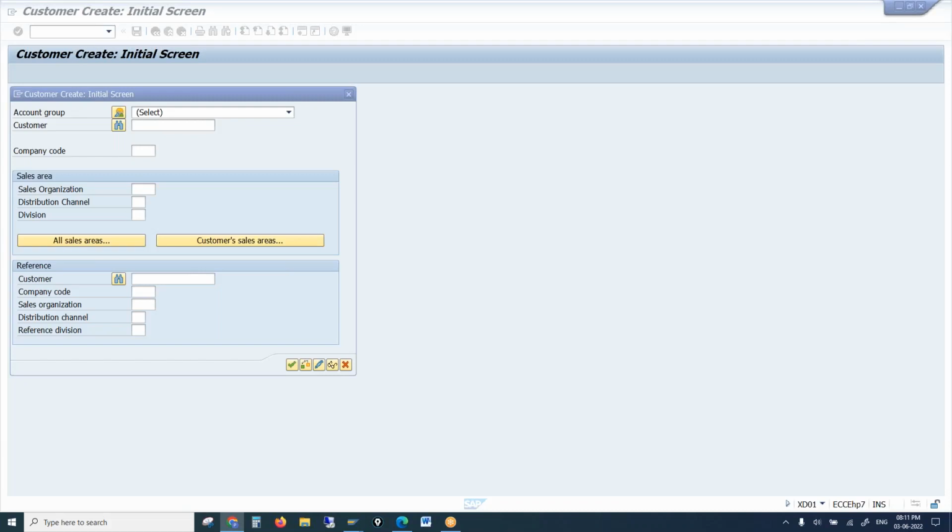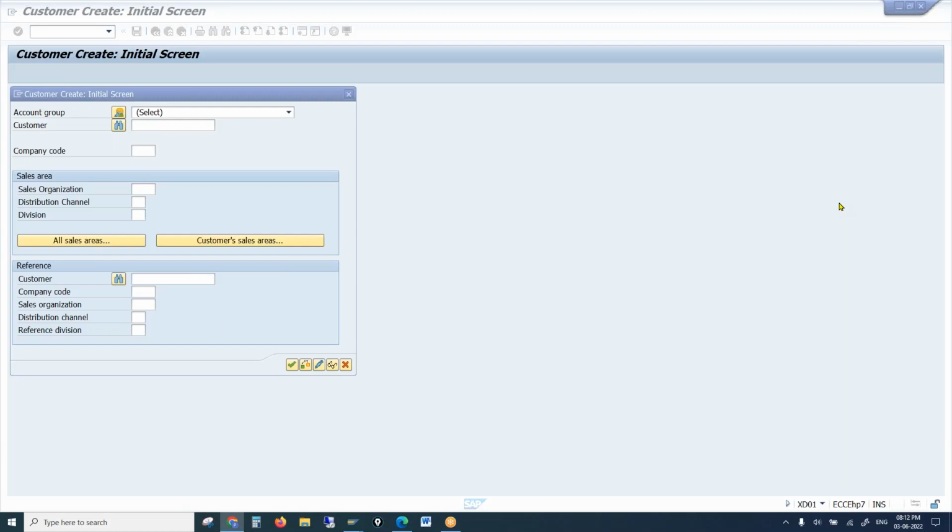Under that, we also have something called customer master, right? Customer is also a partner. So customer is classified into four. Okay, customer is classified into four partners. That is sold to party, ship to party, bill to party, and payer. So a customer is classified into sold to party, ship to party, bill to party, payer. Sold to party is the prime customer. That means that is the main customer which we create,